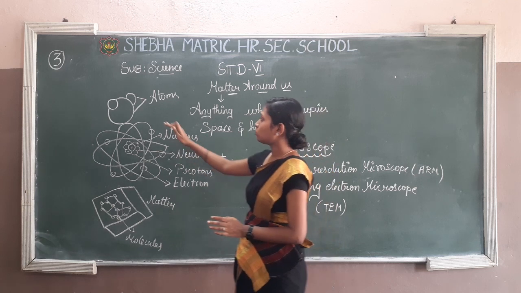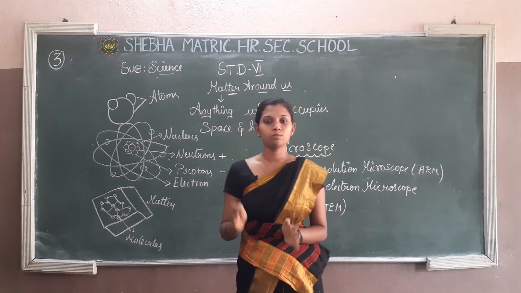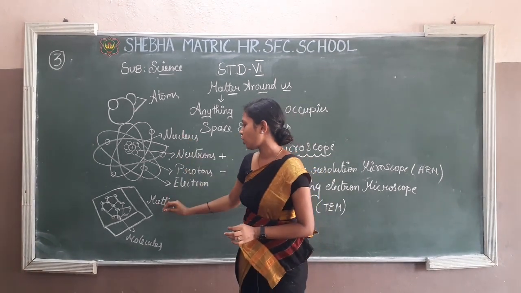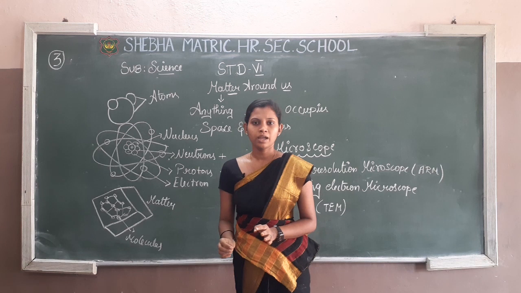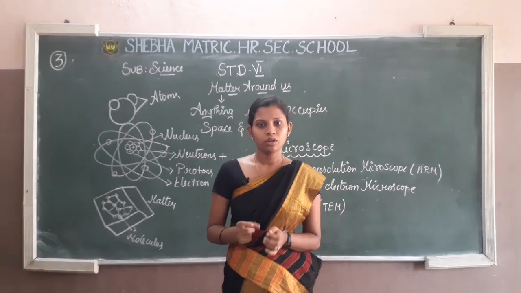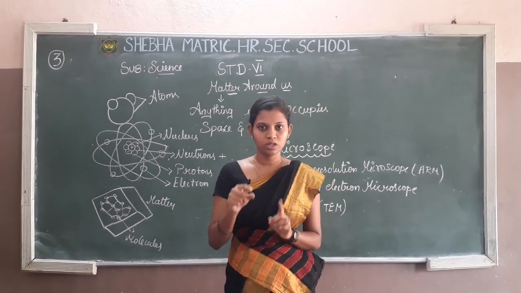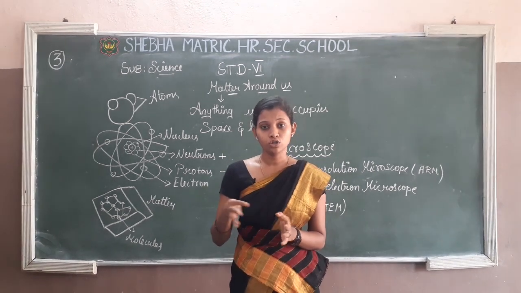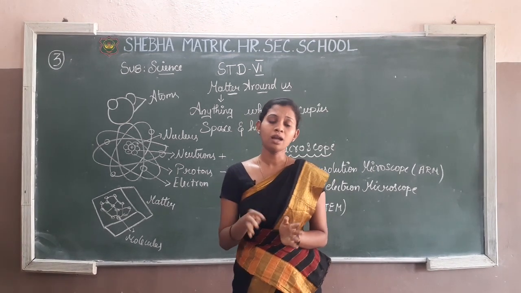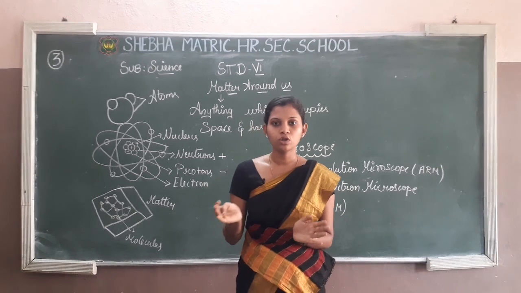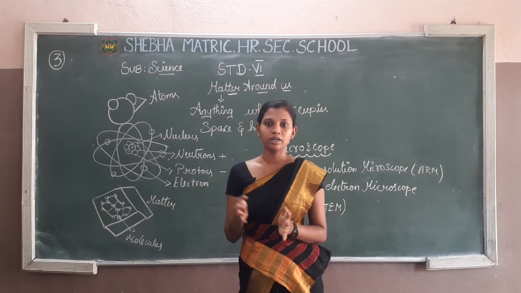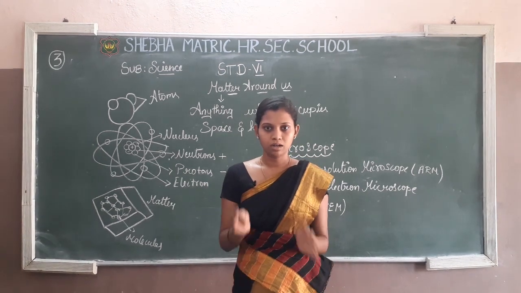When more than one atom joins, that is a molecule. When many molecules join, that is matter. For example, take an ice cube. You can see a cube which is made up of water. In it many atoms are joined and make a molecule, and many molecules join and become matter. In that, everything is tightly bonded.